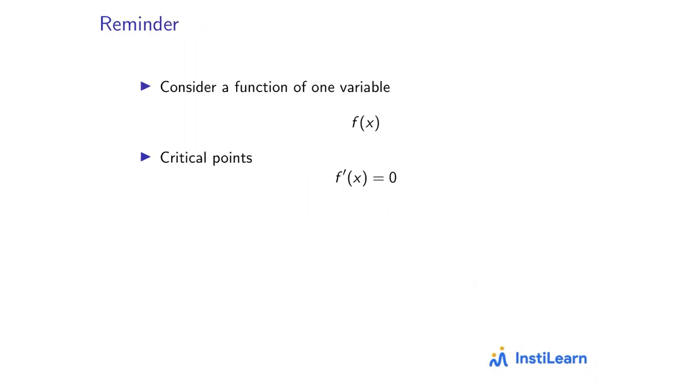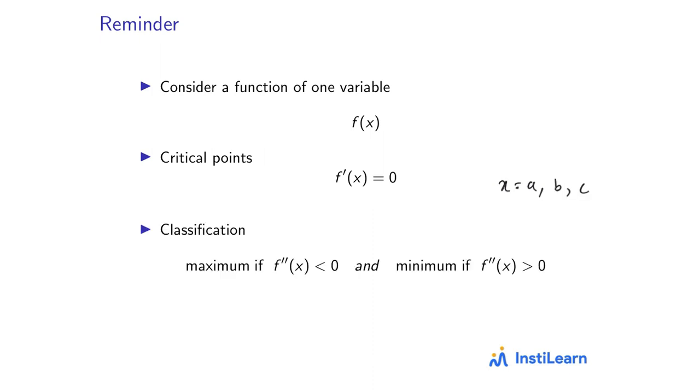Okay. Before proceeding for the function of two variables, let's quickly remind how we find the maxima and minima for a function of one variable. Okay, what do we do usually? We usually put f dash x to be 0, and we find the critical points like x is equal to a, b or c by putting f dash x to be 0. Then at those critical points we find the value of f double prime x.